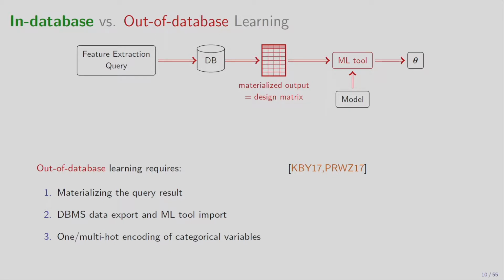We get a so-called feature extraction query. This is a query that, when posed against a database, will extract the relevant information you need to define your training data set. This may be, in our case, the natural join of the tables, but you may think that you compute additional features, you aggregate parts of the data, and then you add this in as well. Sometimes you get raw features that already exist in the data. Sometimes you derive features based on the data you see.